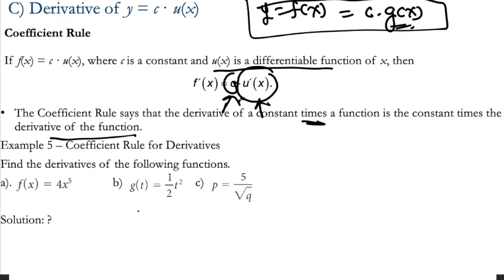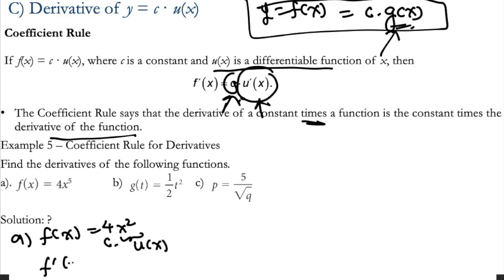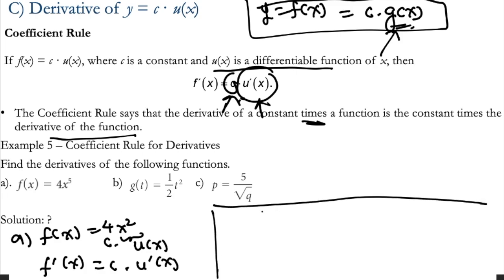So let's look at the example here. We have three examples. Let's pick example A. In A, the original function is f(x) equivalent to 4x squared. You can see a constant here, and then you can see a function here, because x squared is a function. So this one we can consider as u(x) or g(x). It means that you get c times u prime x, isn't it? So for this case, this is how you answer it. Originally f(x) is equivalent to 4x squared, but if you want to find the derivative f prime x, which can also be rewritten as